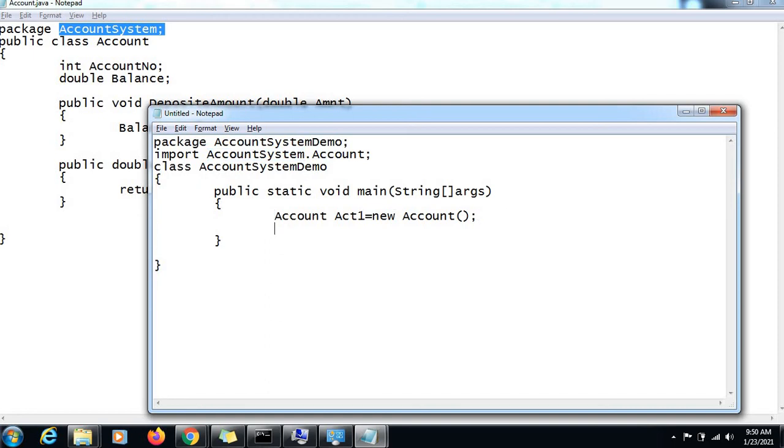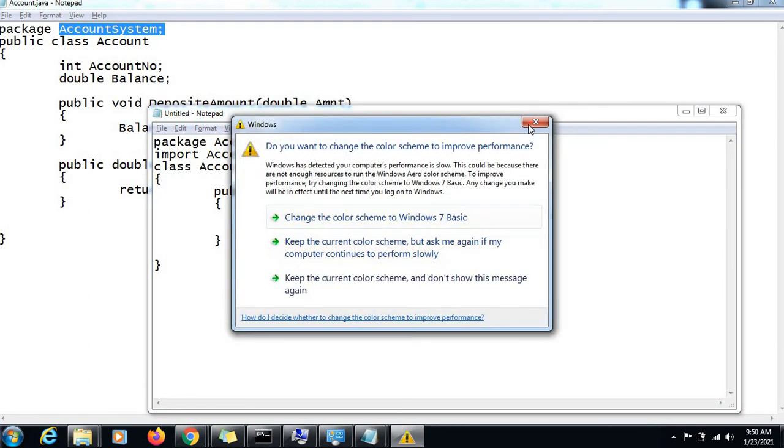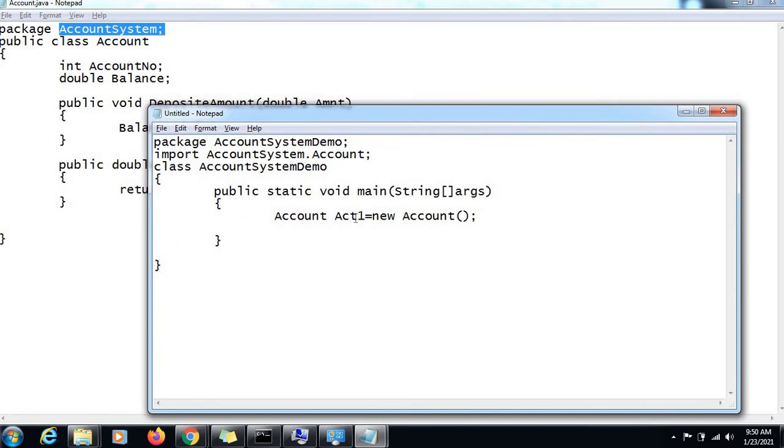Now, what we are doing here is creating an account object, isn't it? Now this is the default constructor. So what does this do? When your object is getting created, the instance variables get created, and they get created with the default values, right? As we have already discussed about the default constructor. The job of the default constructor is to put the default values into the instance variables which would be created, right?